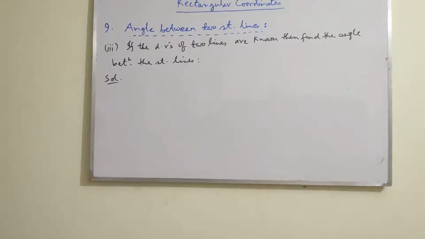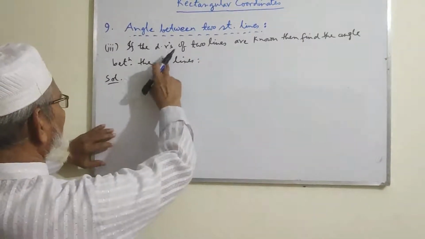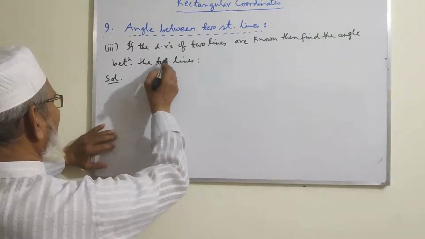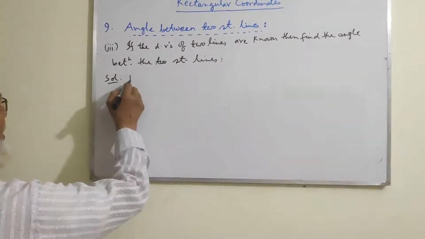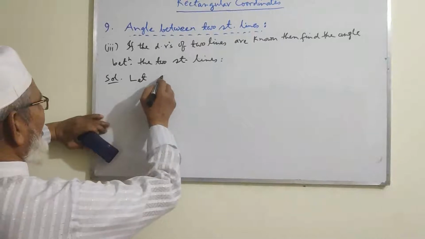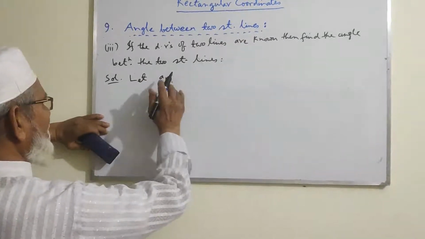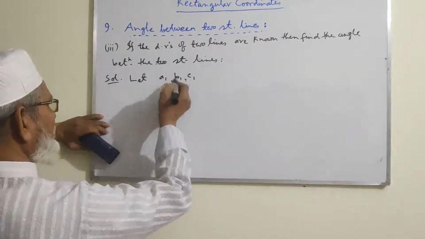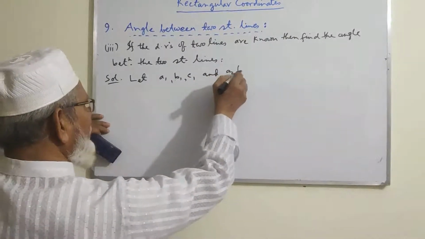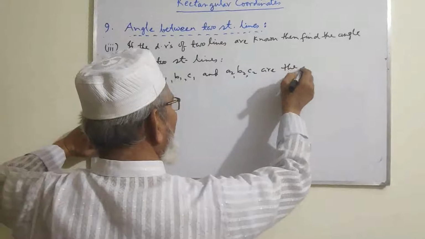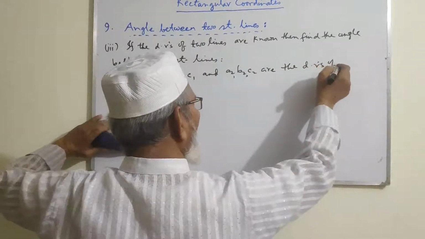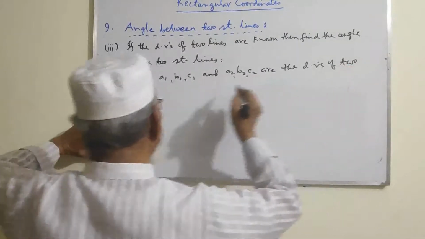Particular case 3: if the direction ratios of two lines are known, then find the angle between the two straight lines. Solution: let a1 b1 c1 and a2 b2 c2 be the direction ratios of two straight lines,